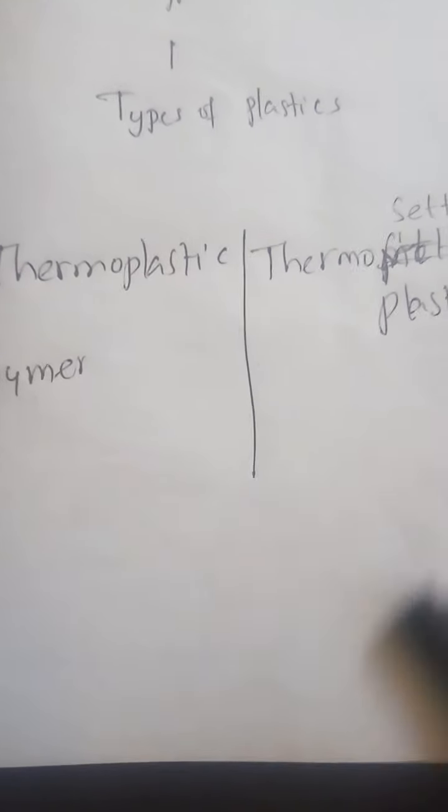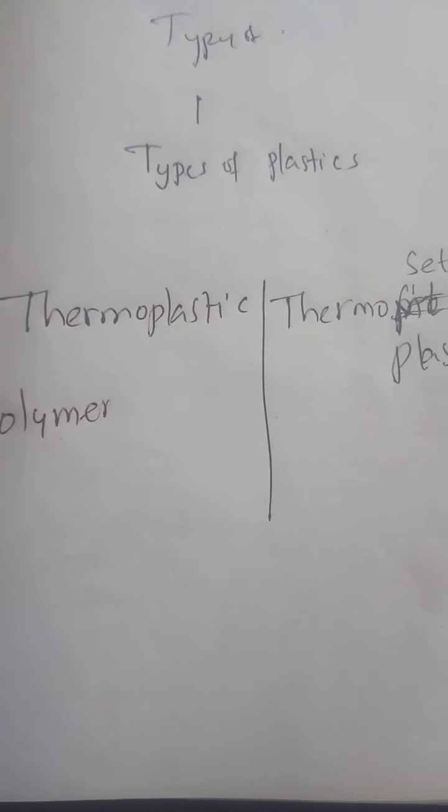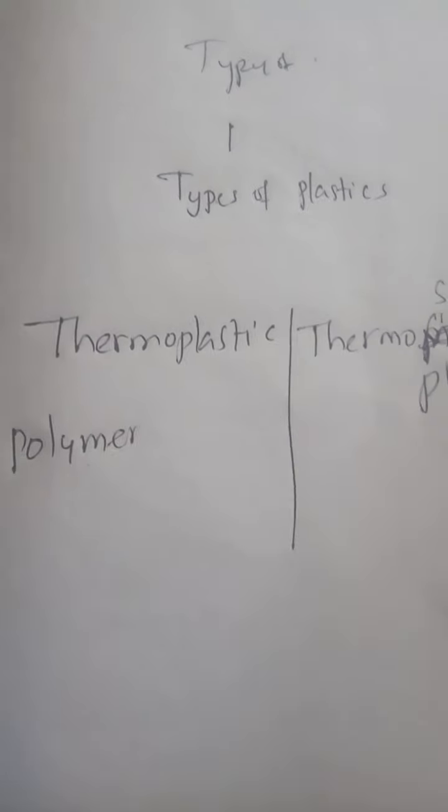What is the difference between thermoplastic and thermosetting plastics, children? Observe. Thermoplastic: this plastic is softened when heated and hardened when cooled. Heating time soften, cooling time harden. Now thermosetting plastic, when molded in shape and allowed to cool, will not change shape. When heated again, it will char or burn.